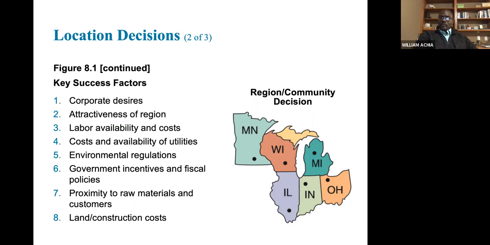So in that case, the person or persons responsible for making this decision have to consider everything, all the different risks and rewards associated with a given state, a given location. What are the different incentives that are being offered? But beyond that, what are the long-term costs, and what are the long-term benefits or profits that could be expected